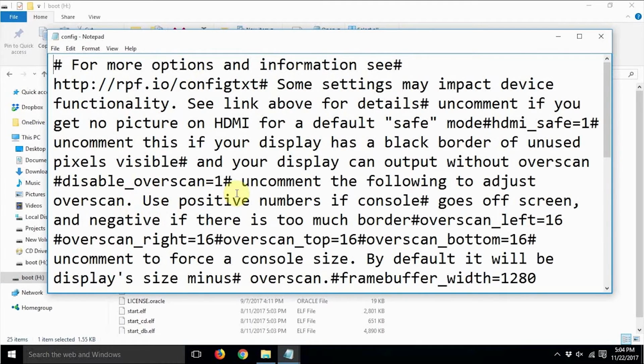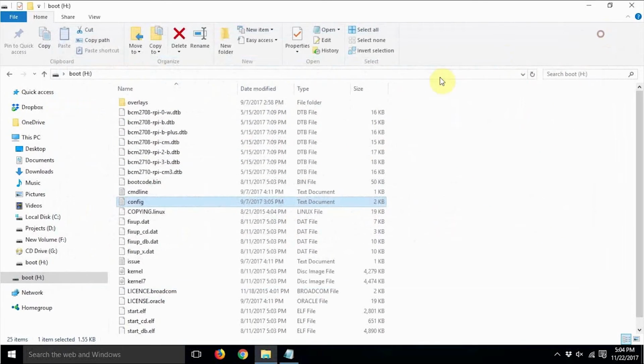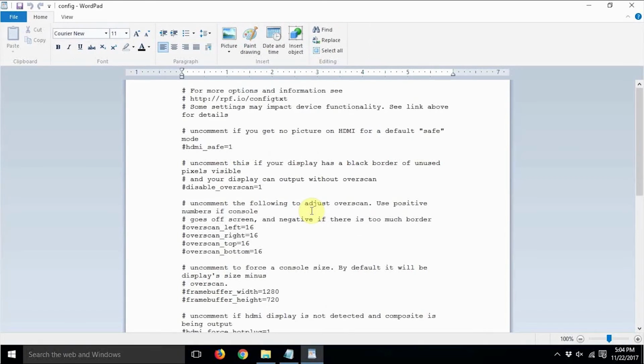If you double click the file, it will open the file with the default text editor of Windows, which is Notepad. But if you try to open this file with Notepad, you can see that the text here seems to be kind of incomprehensible. So just open this file with some other text editor of your choice. I would usually go with WordPad. Now the text is more recognizable to all of us.